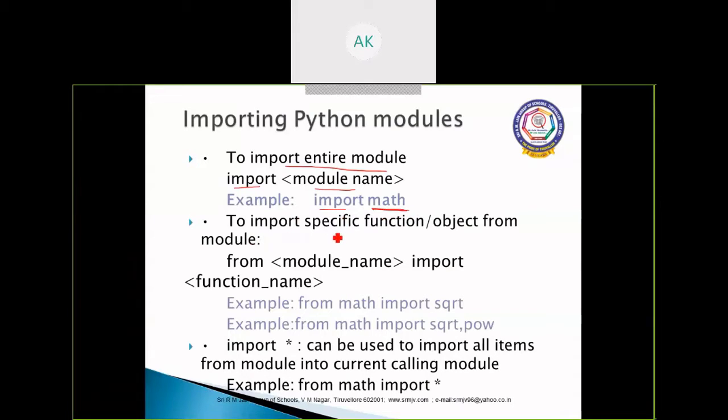The second method is to import specific functions or objects. The syntax is from module name import function name. Which function you are going to import, you have to specify. Example, from math import sqrt, which means we are going to use only the square root function in your program. Another one is from math import sqrt, pow, which means we are going to use these two